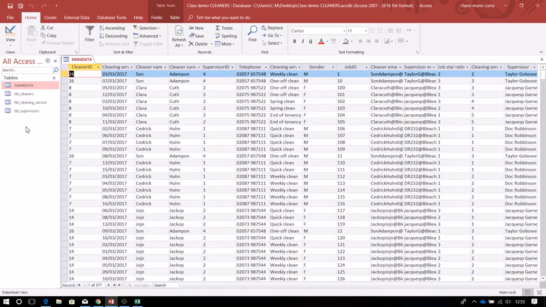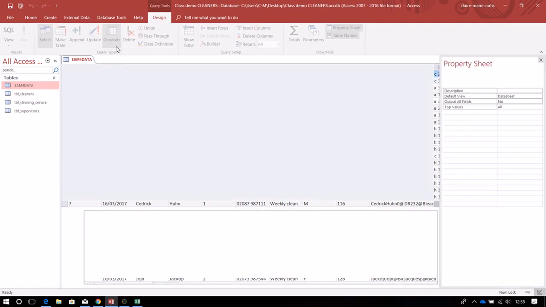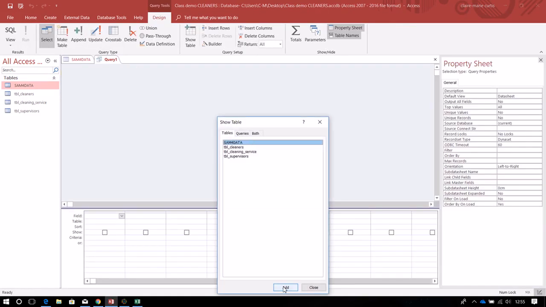I did want that, because for some reason I didn't run it. So that wasn't very clever at all, was it? So let's go back and do that again. So I wanted my query design,